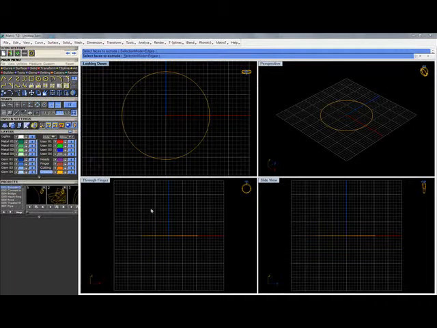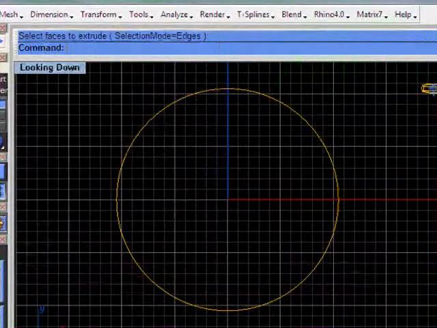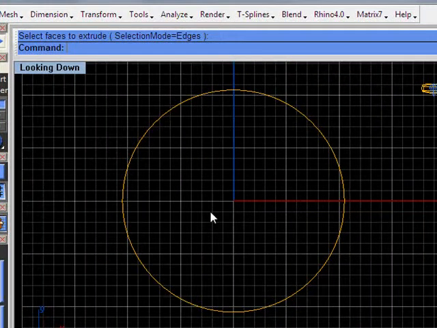Hello, and welcome to this series of videos on using T-splines in the Matrix 7 whip. We're going to focus today on how to use T-splines and easily create T-spline surfaces for use in your modeling techniques. So we're going to start with a way that I like to create things, and that is the extrude